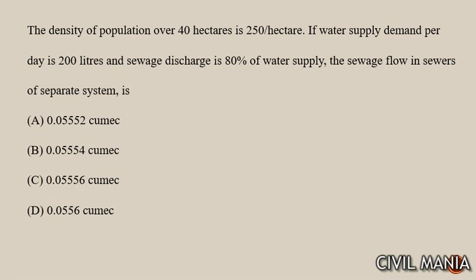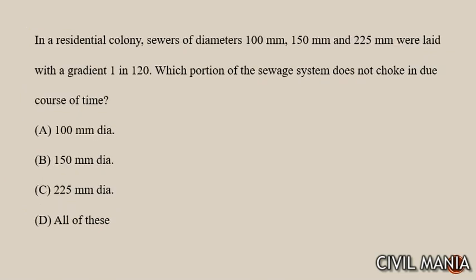Next है, this is the question and the answer of this question will be 0.556. Next question है in a residential colony, sewers of 3 types are present, which one will not get choked, so it will be 225